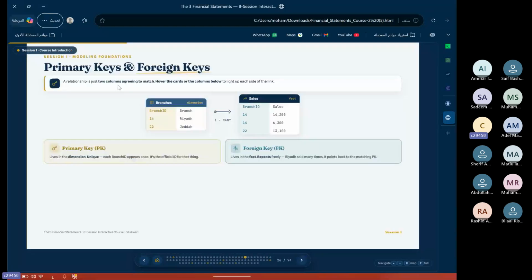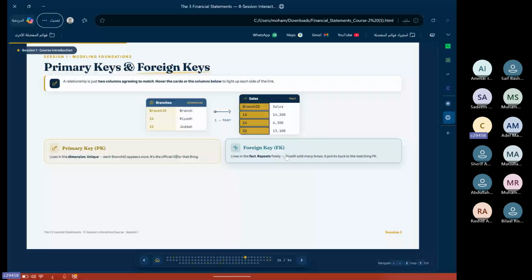Also, this is a primary key and a foreign key. We spoke about it here in branch, in the dimension table. It's called a primary key. Why is it a primary key? Because it's unique, it's different, it will not be repeated. As we said, your account ID and my account ID will not match. Of course, it will not be repeated for anyone in Saudi Arabia. And here in the sales, it will be called a foreign key. We will make a connection between this column and this column. We will connect both of them. So this is the foreign key that we have.